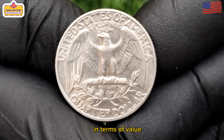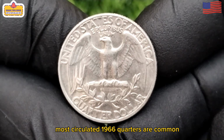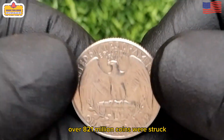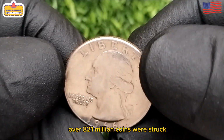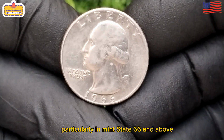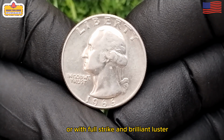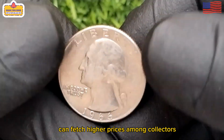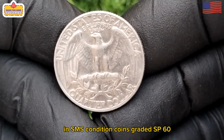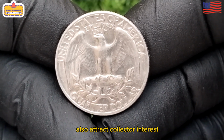In terms of value, most circulated 1966 quarters are common and worth face value due to their high mintage. Over 821 million coins were struck. Yet high-grade examples, particularly in mint state 66 and above, or with full strike and brilliant luster, can fetch higher prices among collectors. In SMS condition, coins graded SP67 and higher with cameo or deep cameo contrast also attract collector